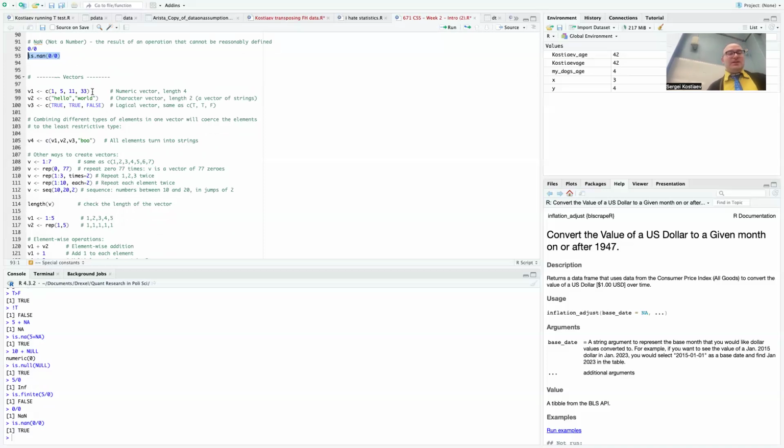Another thing with R, you can create vectors. In line 98, we create a vector and we give values to that vector. But it can be anything. Like, for example,